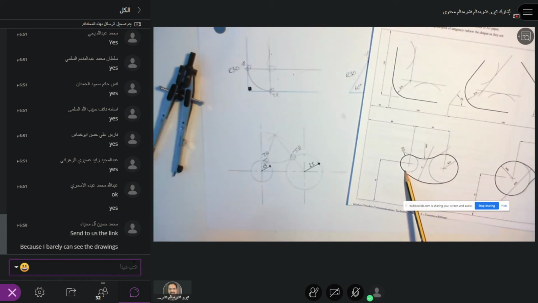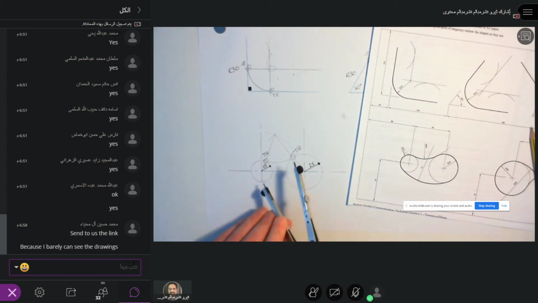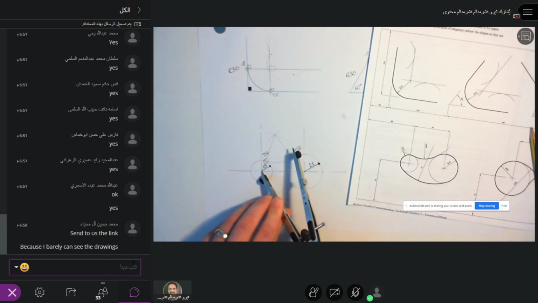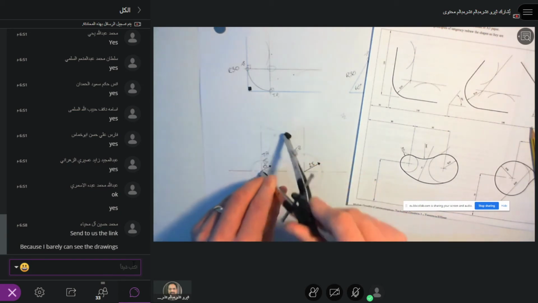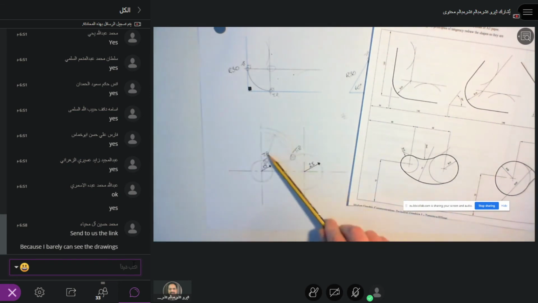So for this one here, I'm going to take off 15 because I know this point is 60 away from the area that I'm looking for. So I set my compass to 60. Really carefully set it to 60. Put the point in that known position there, and I draw another arc. I'm ignoring these ones now. These were for the previous curve. This is a new one.